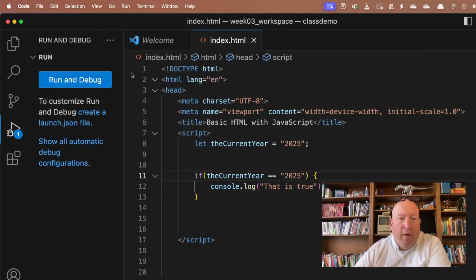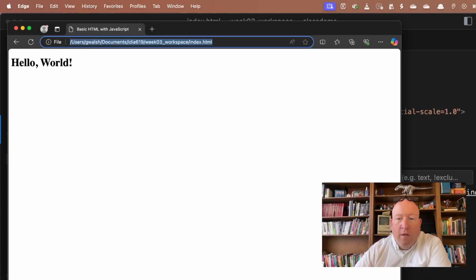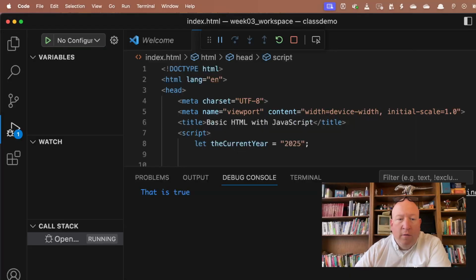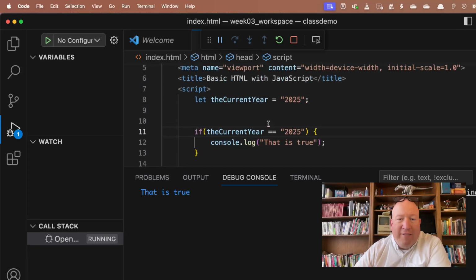Yes, let's do edge. Hello world. And we have some output right here, and it says that is true. So that's great. Now, what if I set it to,